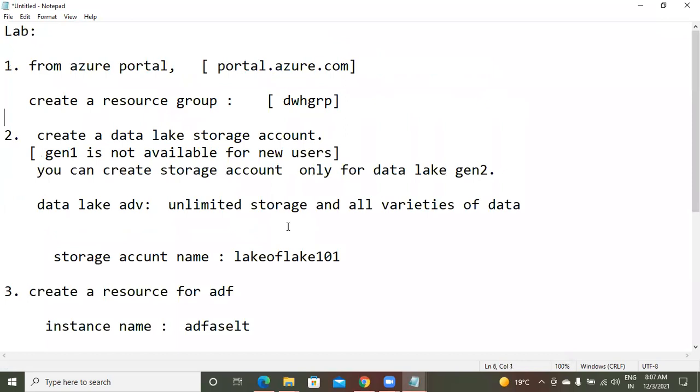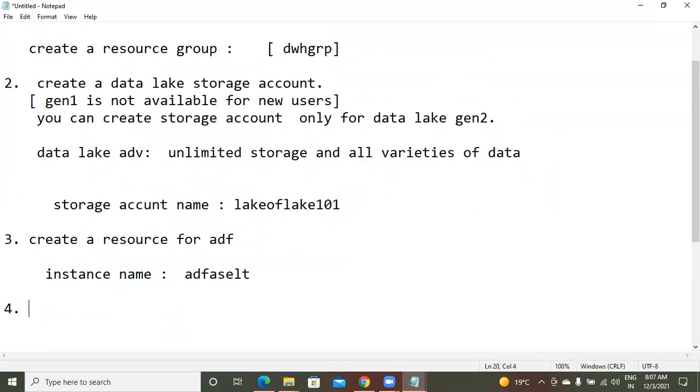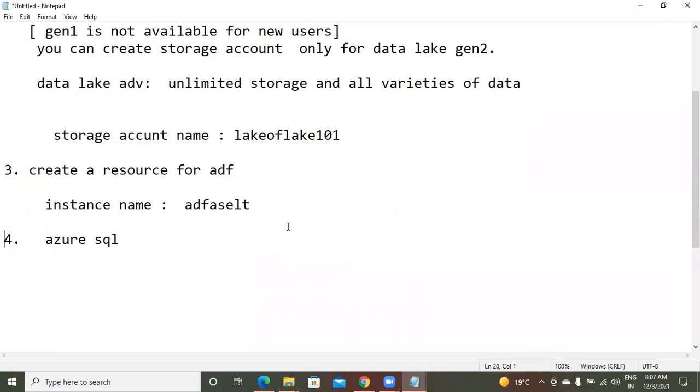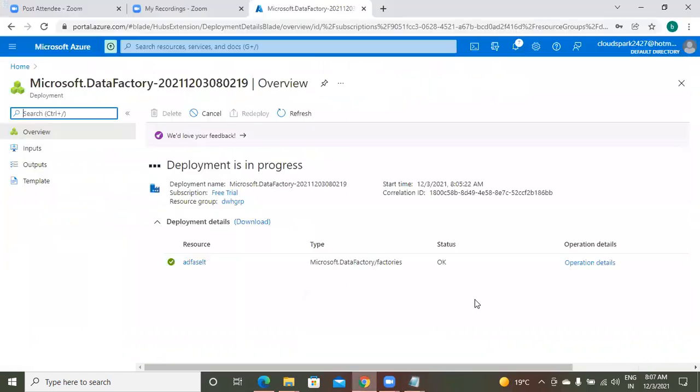Now one more instance we will create, which is for Azure SQL. To build the pipelines, you need resources.